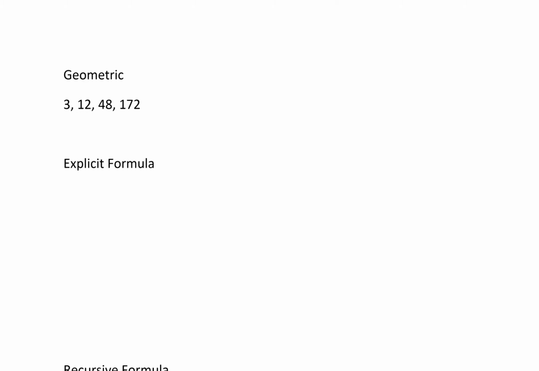The other type of sequence we talked about in this class was geometric sequences. So in a geometric sequence, instead of adding the same thing each time, you're multiplying by the same thing each time. In this sequence, we start off with 3. To go from 3 to 12, we multiply by 4. 12 times 4 is 48, and 48 times 4 is 192. So the number that you're multiplying by is called the common ratio,